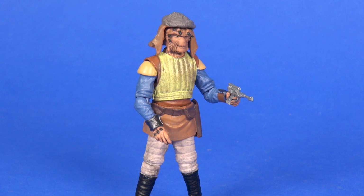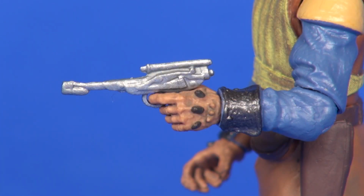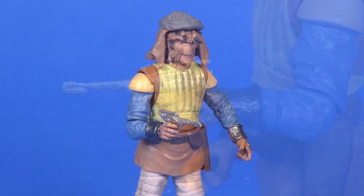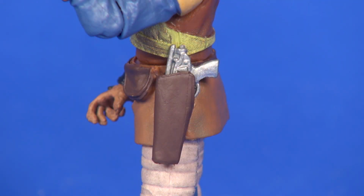As for accessories, it comes with a single blaster. As I already mentioned, this is sculpted the same way that you just saw for the pilot figure, except now for whatever reason, it is being done in that silver color, just the same as he was on the original release. Still, detailing's looking pretty good. You can slide the weapon in either hand. And as I mentioned earlier, the figure does have the functioning holster, so if you want, you can slide the